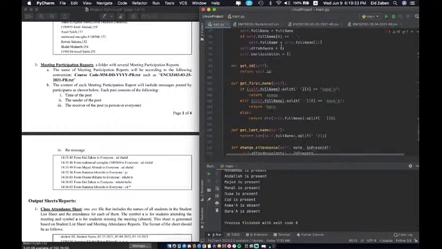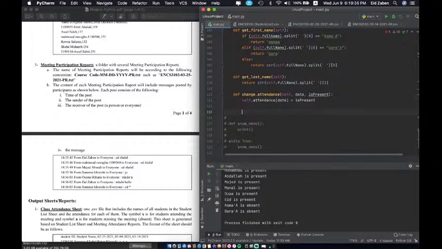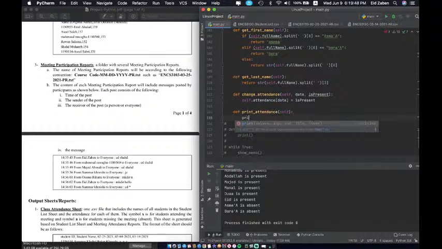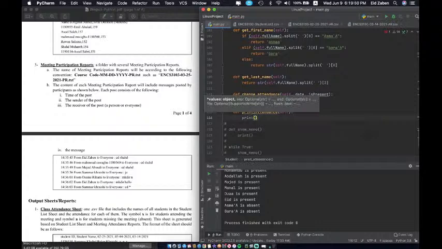So let me go down to my student class and print the attendance, right? So to do that, what we're going to do is say print_attendance. And in here, we don't need to pass in anything, but all we're going to do is say print, yeah, so for